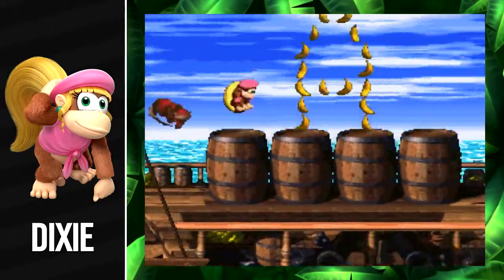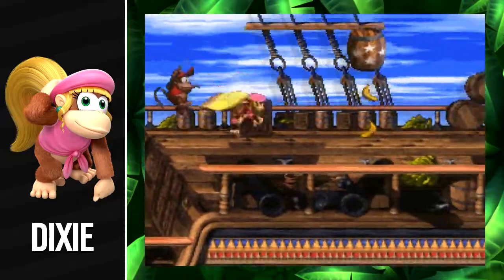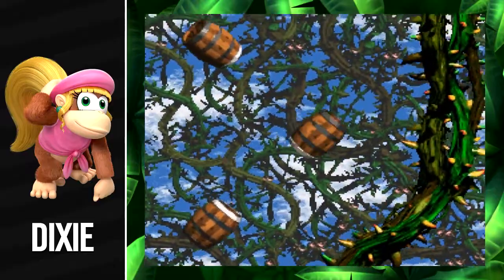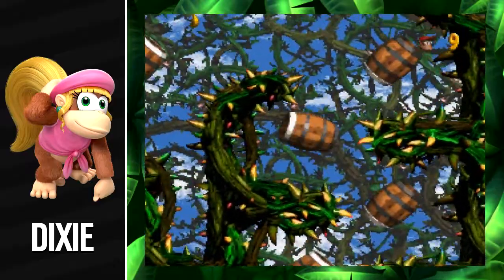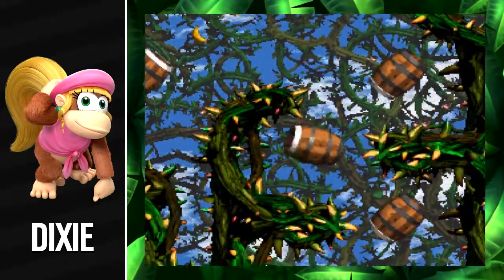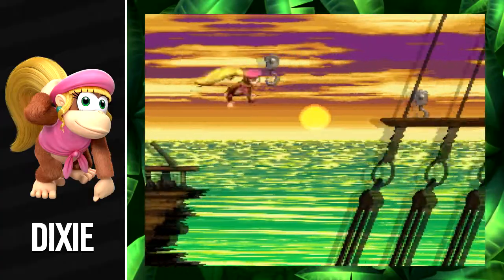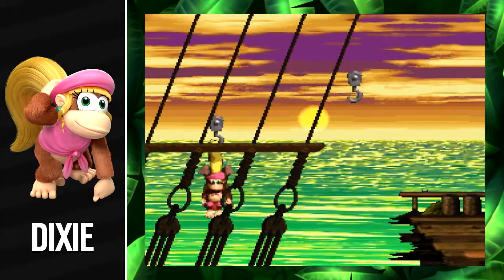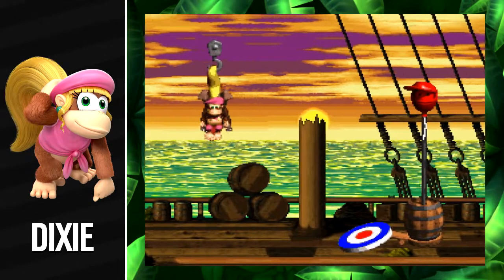Dixie has a signature ability to float in the air while slowly descending thanks to her ponytail, and she has access to this move at any moment. Given the exceptional difficulty curve found in DKC2, Dixie often becomes the character of choice for newer and mid-level players, which has resulted in her being a popular character in the DK series. She also uses her hair to interact with the world, like hanging from hooks and picking up barrels and enemies with her ponytail. Rare knew they had a well-received character and gave her the starring role a year later in